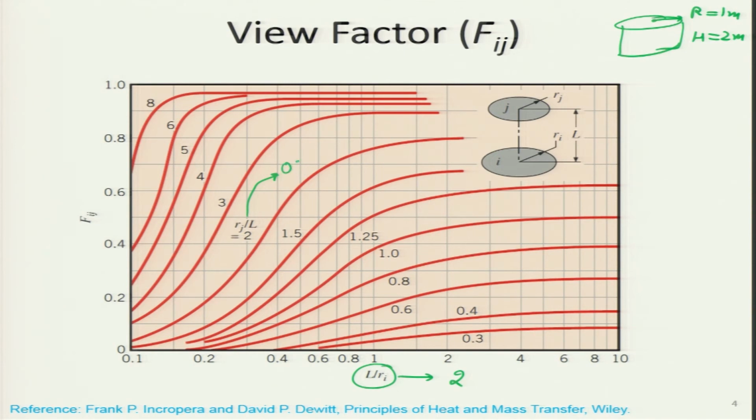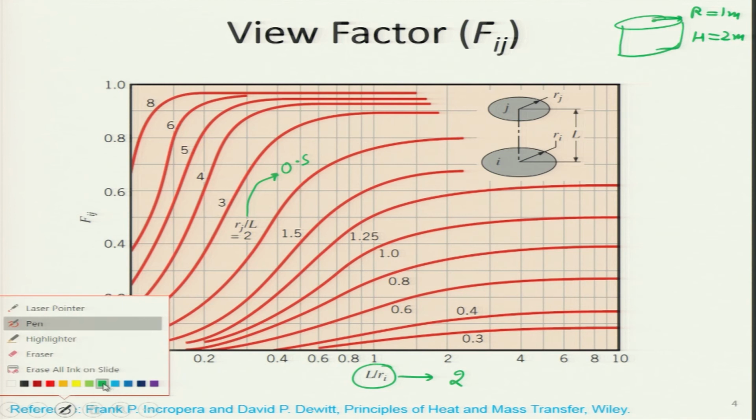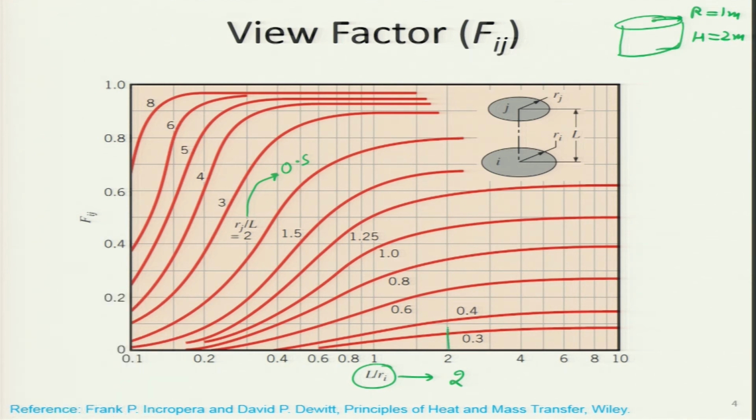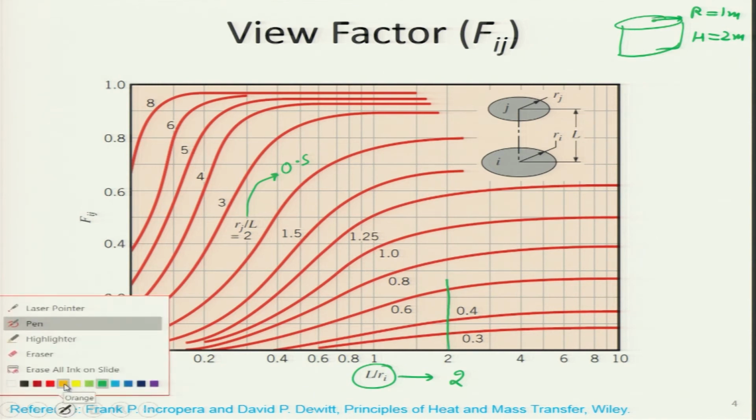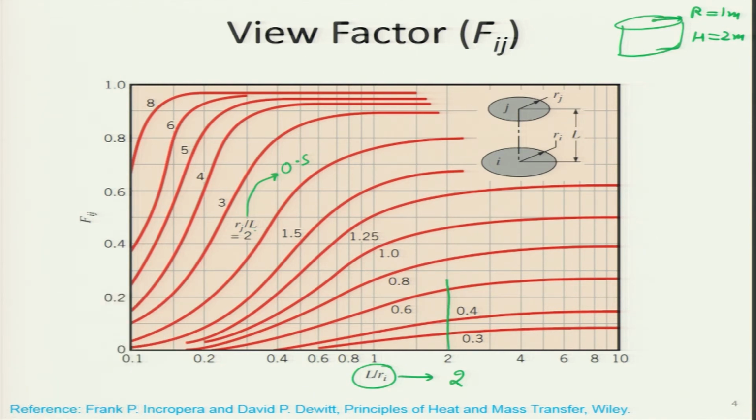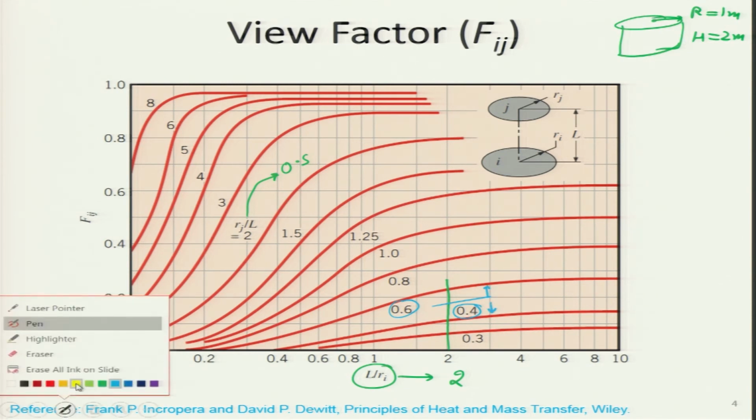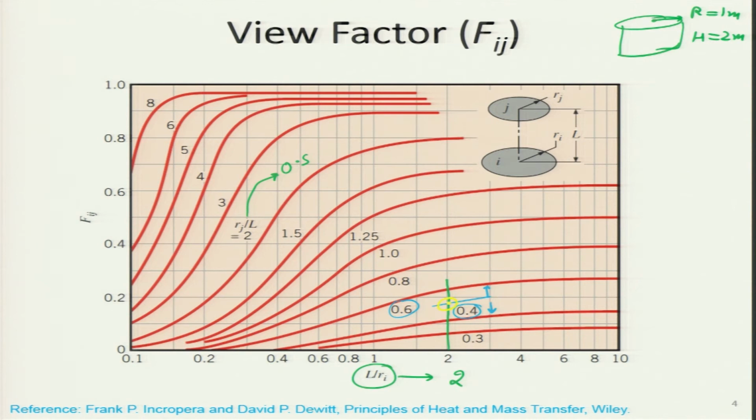So, this value is 0.5, which means now I will use 2 colors over here, maybe one is green. I will travel on this green line, and I will have to hit another orange line or maybe blue line where this value is half. Where is this value half? Somewhere in between. It is a little bit tricky because there is 0.4, 0.6, but no line for 0.5, but I am going to draw it like this, because it is kind of equidistant from both these lines. So, what is the dot that I get in yellow? I can show over here, this particular dot.